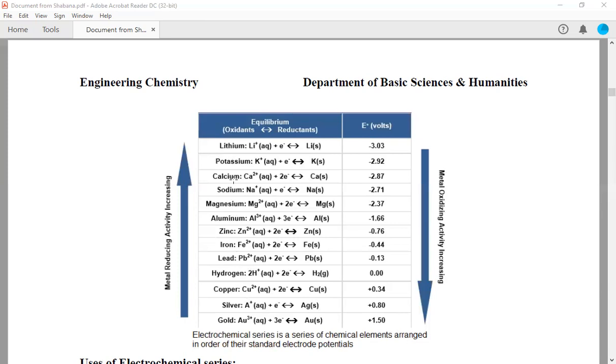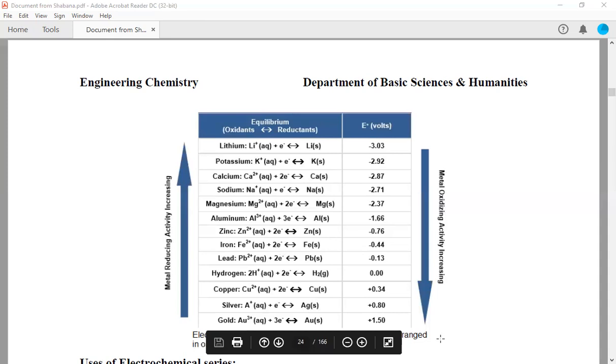Suppose you take zinc, where it is here. Suppose you take the metal zinc, which is at a higher position when compared to hydrogen. When this zinc is treated with a dilute acid like sulfuric acid or hydrochloric acid, then this zinc can displace the hydrogen from the HCl very easily. It replaces the position of hydrogen, occupies the position of hydrogen, and forms zinc chloride with the liberation of hydrogen gas.